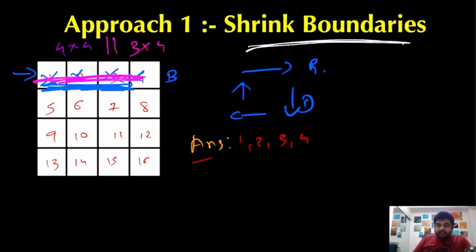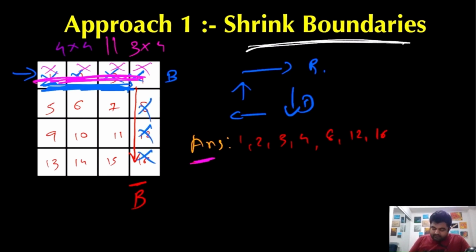So by doing so, we don't need to take care of these elements, since we have already added them to our answer, so they are always going to be in our answer as well, right? Now again we go downwards in the same path until the point where we hit a boundary. So we hit a boundary over here. We are going to add all the nodes to our answer. So nodes would be 8, 12 and 16 in this sequence, and again we are going to ignore all of